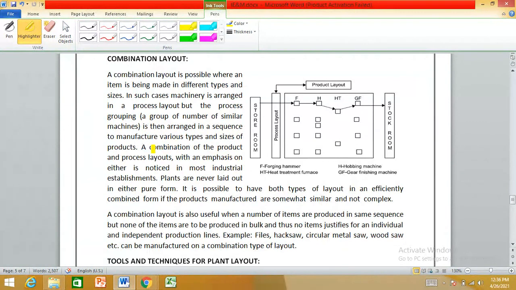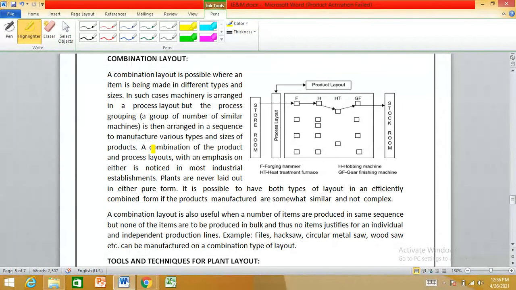Most of the plants prefer combination layout, because this type of layout helps industries adapt to different types of manufacturing processes, or even adapt to a simple change in the product.